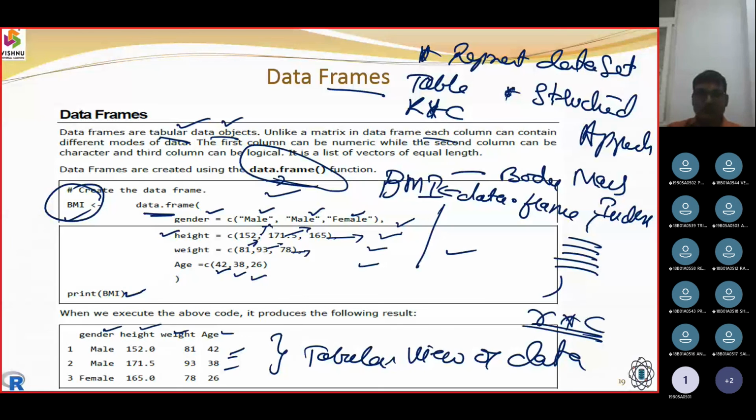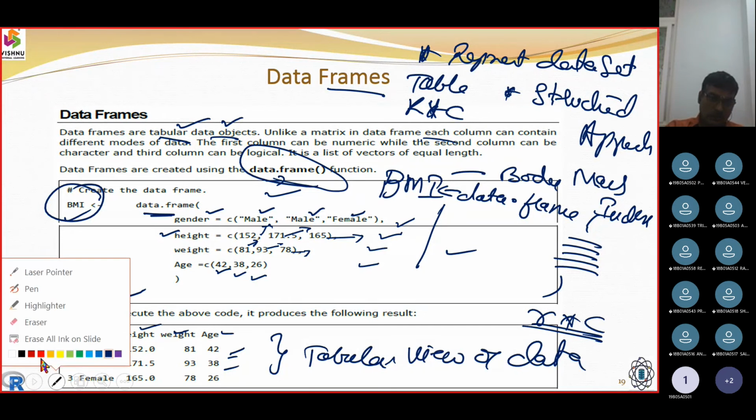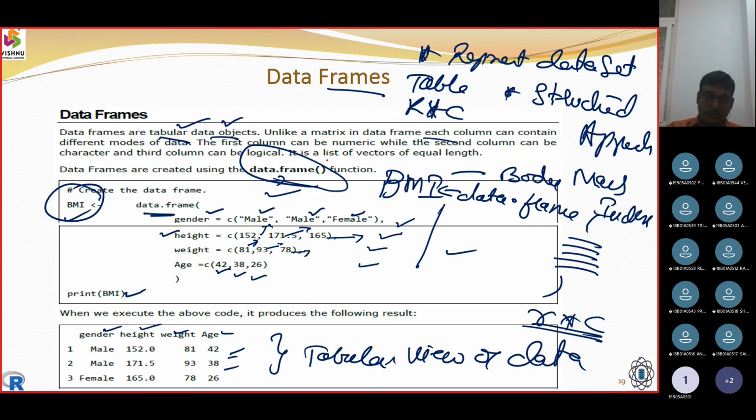After that, we have the data frames. To create a data frame, the syntax we are going to use is data.frame here, and in data.frame we can give a vector or a list. So all these things can be passed into the data frame here.